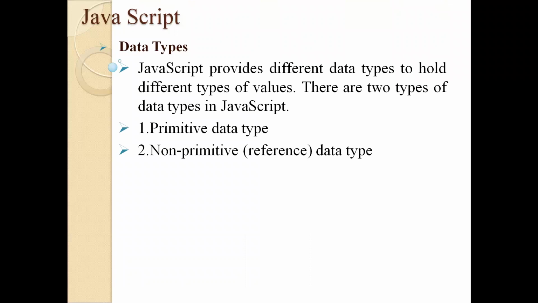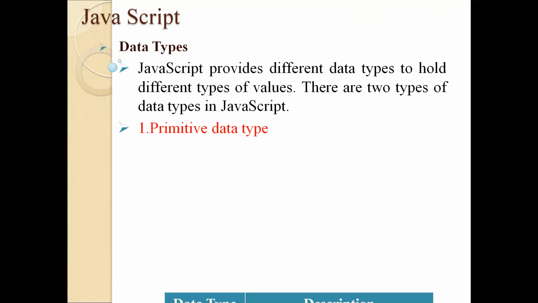In JavaScript, the non-primitive data types are called reference data types. The things which are used for the reference of some variables or some values are called non-primitive data types. The other things are called primitive data types, like integer, character, float, etc. Here we don't have all such types of data types, so don't get confused. Let us see what are primitive data types and what are non-primitive data types. So let us see about the primitive data types in JavaScript.